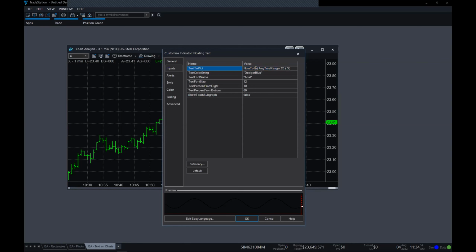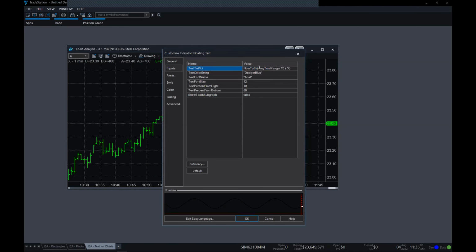So we're going to use the NumToString keyword actually to do that. And in this case, the text that I'm going to display is the average true range over 20 bars. The 3 here says show it in text out to 3 decimal places.